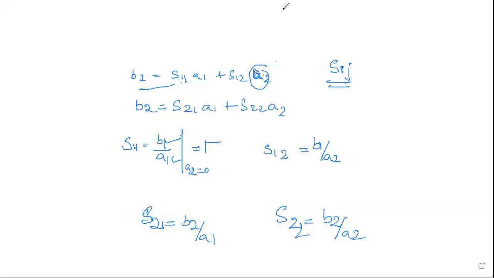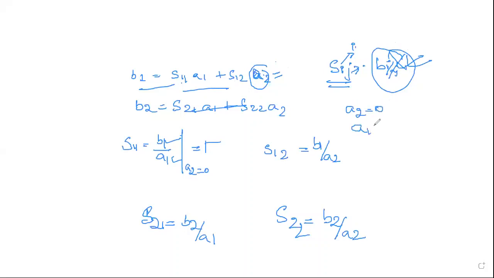So this confusion I just wanted to clear for everybody. So don't confuse with Sij, because this will represent your incoming, that is the input power applied. This is the output power. So according to this, if you write, you are writing it as Bi by Aj. So there is a confusion with this. So don't compare with this equation. You are writing from these equations, applying the matched termination condition, A2 is equal to 0 and A1 is equal to 0. I hope it is clear.